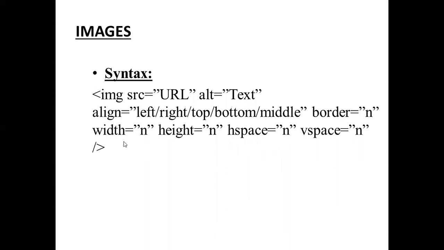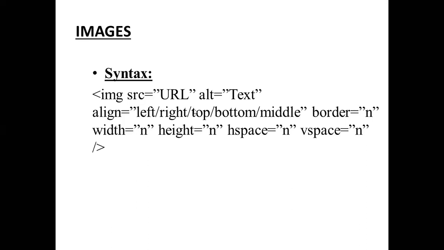Next, border, here we specify the width of the border around the image. Next, width specifies how wide the picture should appear on the web page, and height specifies how high the picture should appear on the web page. Next, hspace and vspace. hspace, that is horizontal space, specifies the amount of white space to the left and right side of the image.